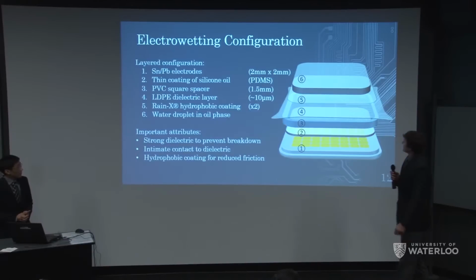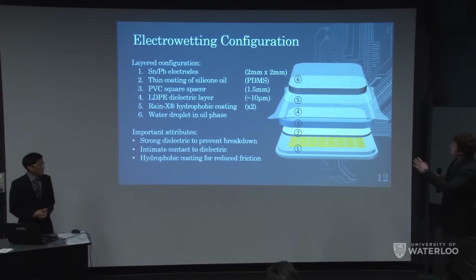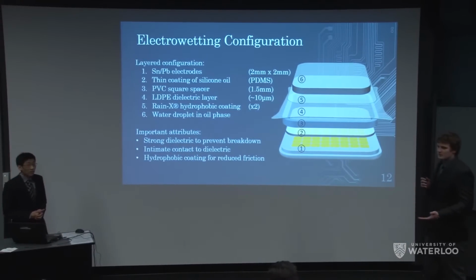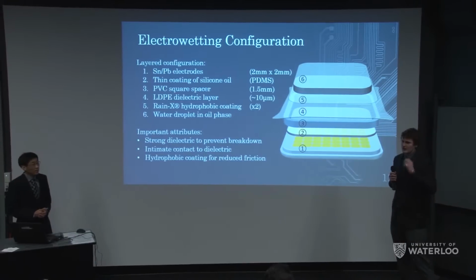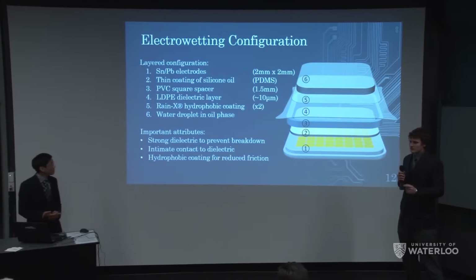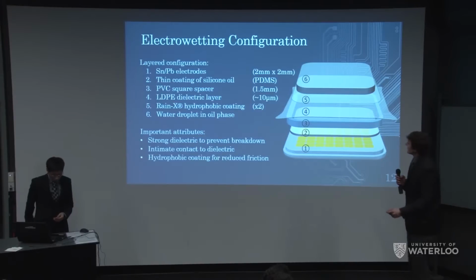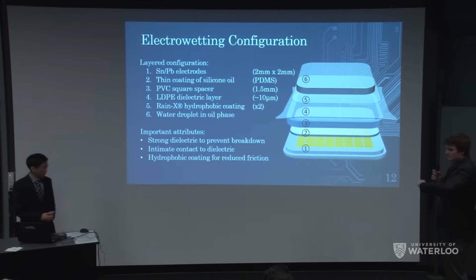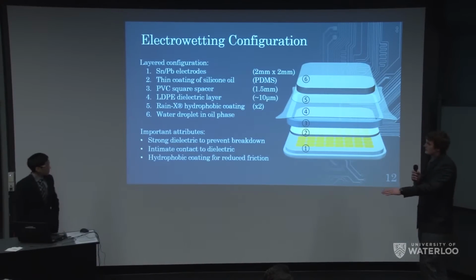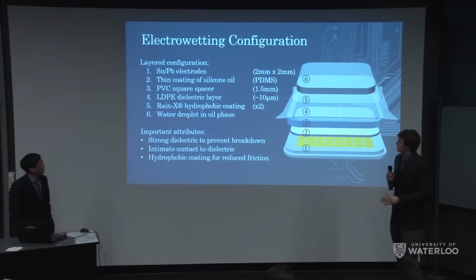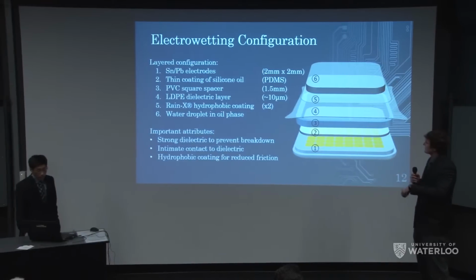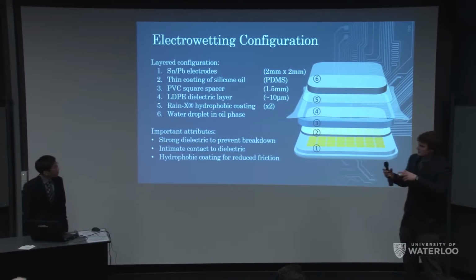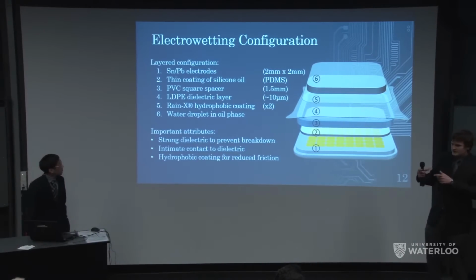So what we're going to show here is the best. And by the best, our metric is the configuration with which we can actuate the water droplet using the lowest voltage at the pad. So we start at the bottom at the PCB level with a tin lead electrode, 2 millimeters by 2 millimeters. Apply 2 or 3 drops of silicone oil,